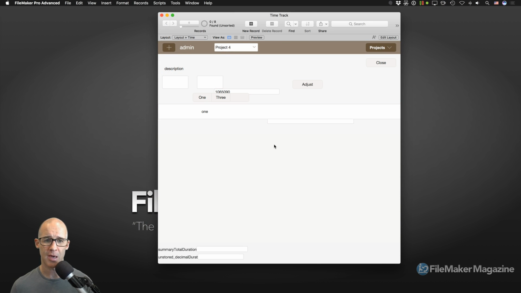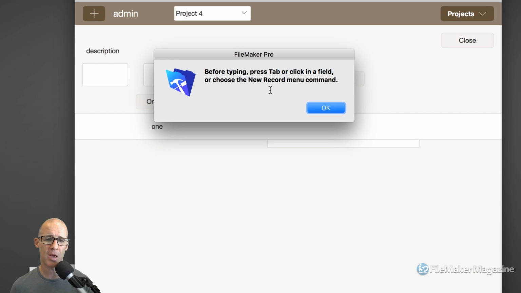Do I have tab turned on? You will get a message right here. If any type of key characters, here's how we replicate this. If this is what's coming up for you, before typing, press tab or click field. When you have a 0 found set with FileMaker, no records are shown. If you start to type or pass any given key to FileMaker, FileMaker does this thing where it basically says, oh, you must be wanting to type into a field, but there are no fields because I have no records shown. Let me show you this nice little ugly dialog box. Before typing, press tab or click in a field. In order to get rid of this,